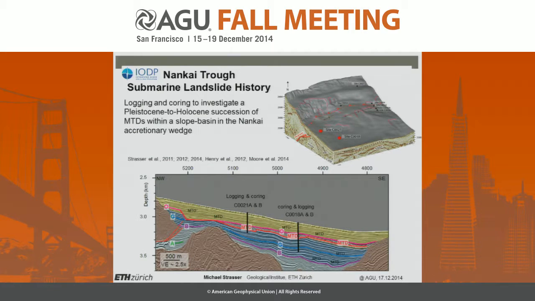This is a zoom in, again, this 3D reconstruction. There's a steeper slope in the hanging wall of an out-of-sequence thrust. You can see that in the seismic here. And this is the slope basin, something like a kilometer of sediments in here, and a little Pleistocene to Holocene sequence with mappable mass transport deposits, and in particular one huge one here,